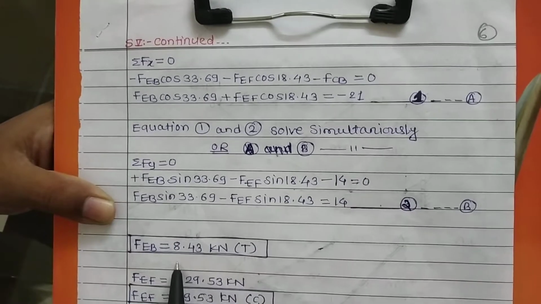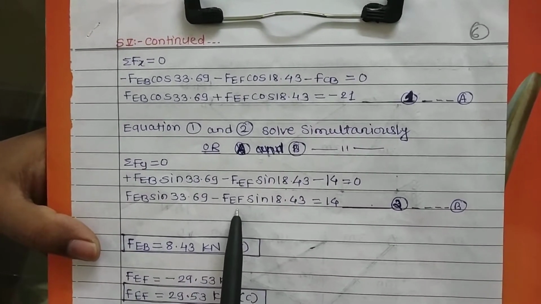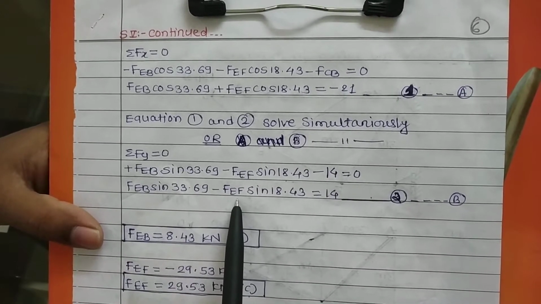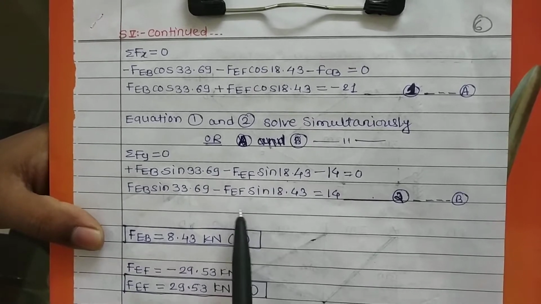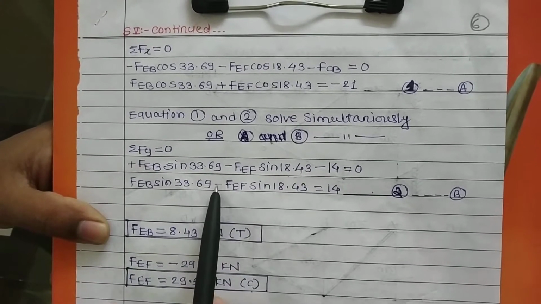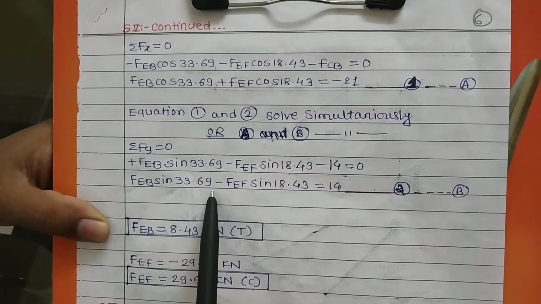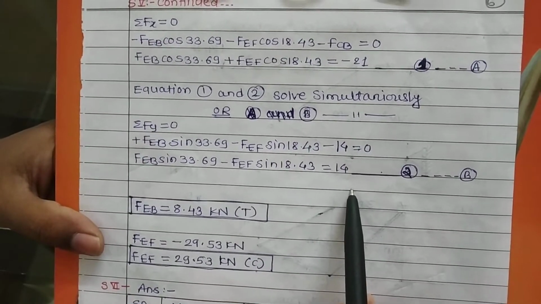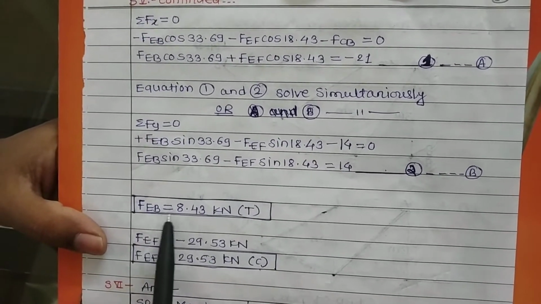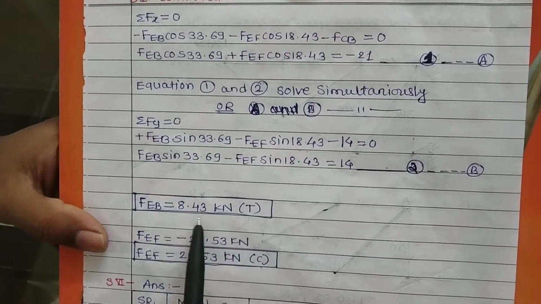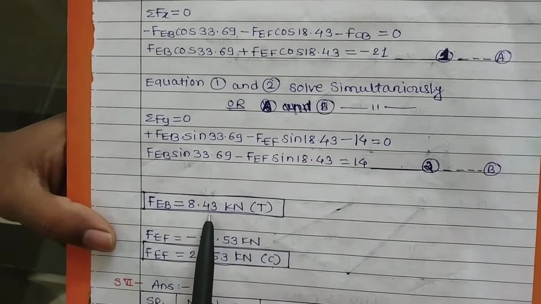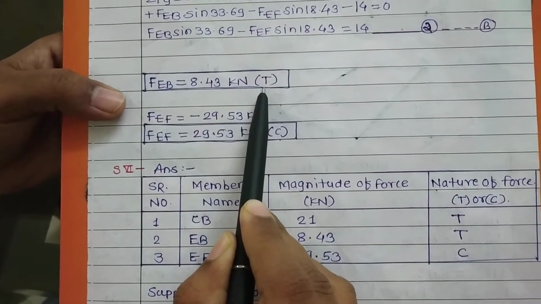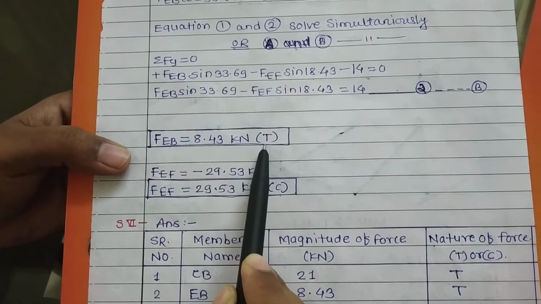In calculator, you can solve these equations by using the formulas which is available in the calculator. In the last lecture, I have explained it. You can see the last video for calculation of the unknown members, two unknown members, and by solving these two equations in calculator, we are getting the magnitude of FEB is equals to 8.43 kilonewton. Answer will come positive if you solve it in calculator. That's why the assumption is correct, as we assume EB as tensile, so it carries the tension.